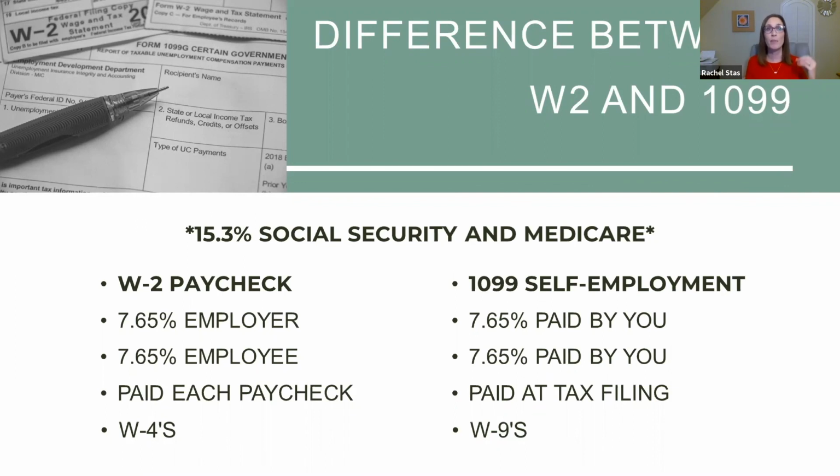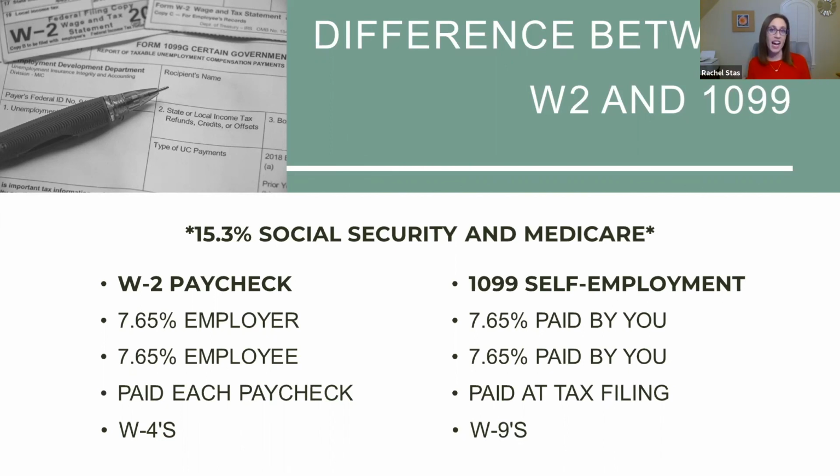Now, if you have been paid with W-2 wages in the past, you have taxes taken out of each paycheck, and it's not super fun to have FICA take all your money. But you have Social Security and Medicare taken out of each paycheck. If you are a W-2 employee, your employer pays half of that and you pay half of that. So they're paying into your Social Security and your long-term retirement, and it's happening each paycheck. It's annoying, but it's not the end of the world.